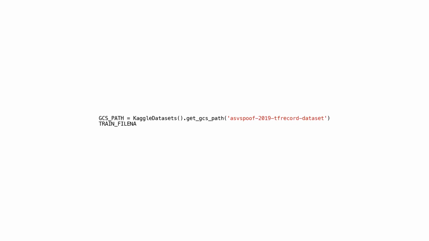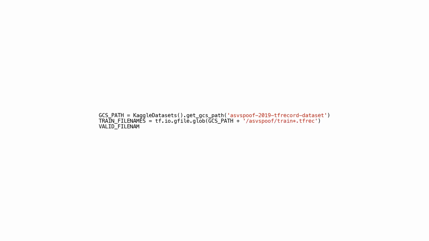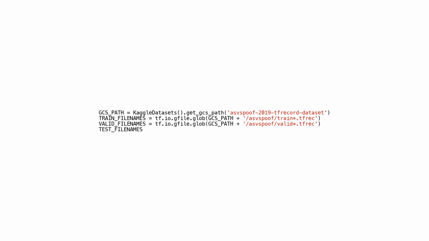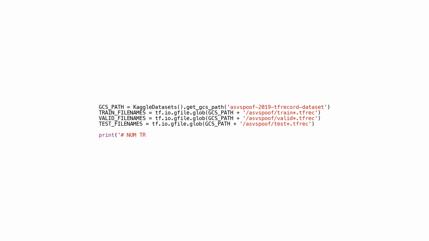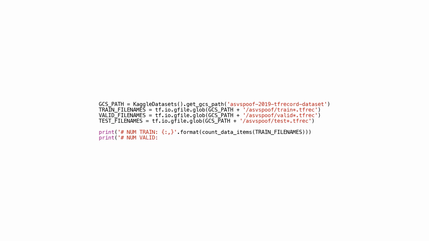It's got audio data stored in that fancy TFRecord format. First off, we grab the Google Cloud Storage GCS path for the dataset using this slick KaggleDatasets trick. Then we go treasure hunting in the GCS path with tf.io.gfile.glob, looking for files that fit the bill. Next up, we use the count_data_items function, which, by the way, is defined somewhere else, to count the loot in each training set, validation set,